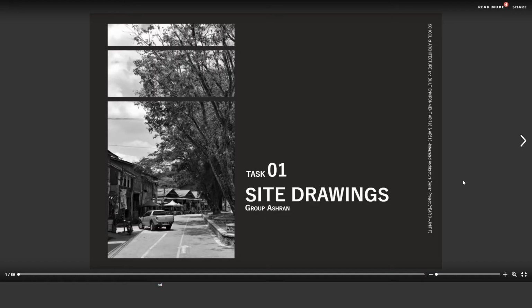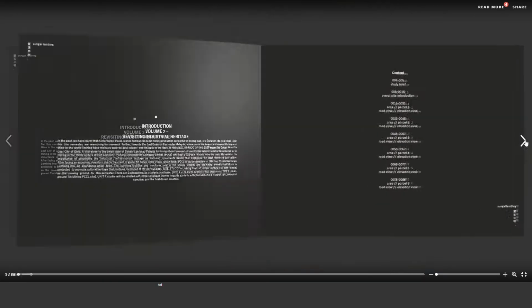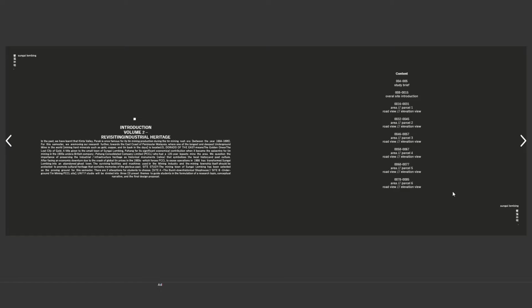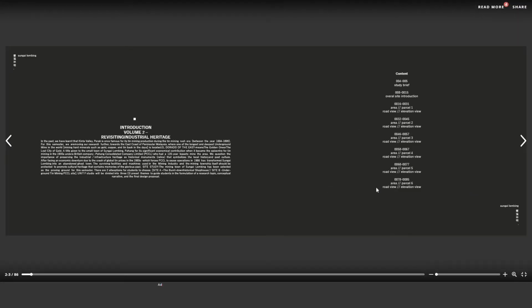We are Group 3 in Unit F and we'll start our presentation with our Task 1 report, which is the site drawings. For the aim of this report, we crafted it to help us understand the site. Instead of going back and forth with Google Maps or doing continuous research, we crafted this whole walkthrough journey of the site with additional drawings that back up our understanding of the community around the